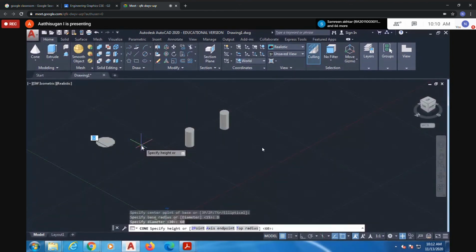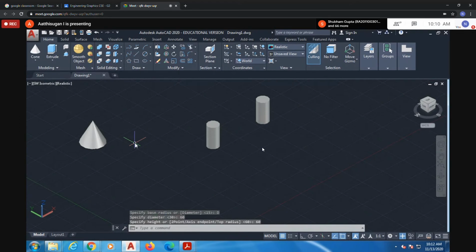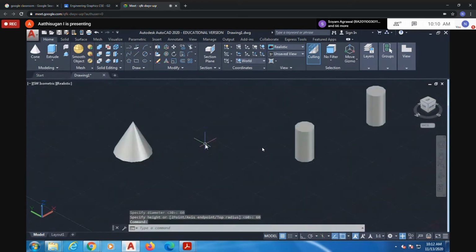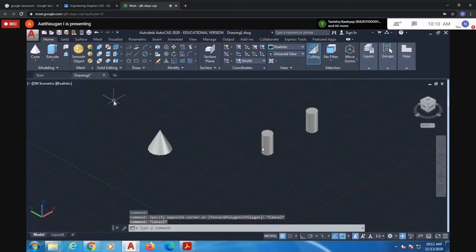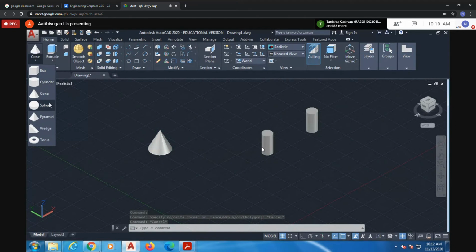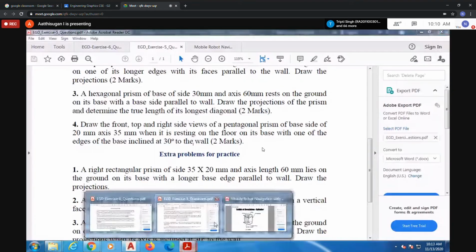Next they ask for the height; I'm going to give 60. So like this you draw the cone. Cylinder and cone done. The next command is sphere. If you want, you can practice this sphere.